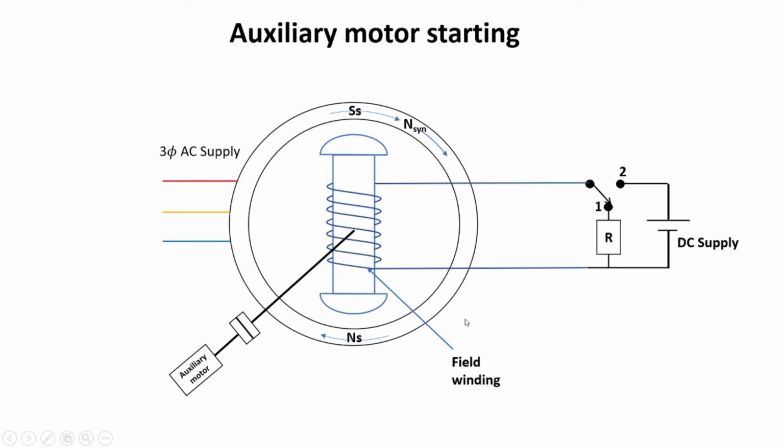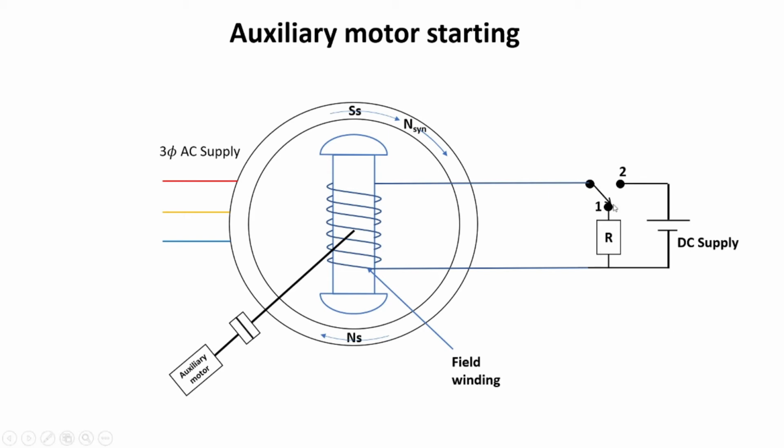So just like in the case of an induction motor, whenever three-phase supply is given, a rotating magnetic field is generated. Since the rotor is stationary and this rotor has some windings, what happens? An EMF is induced in this winding, a current is circulated, and if we connect a high value of resistance, the starting torque will increase, just like in the case of a slip ring induction motor.